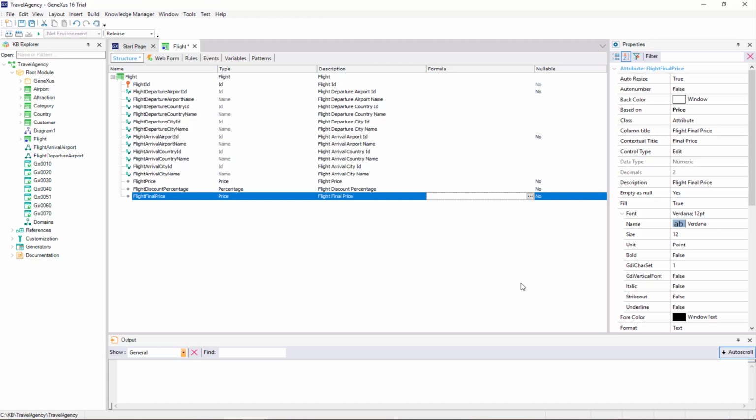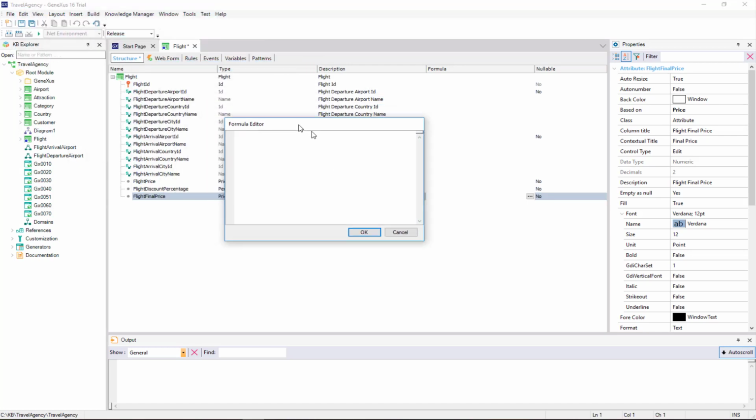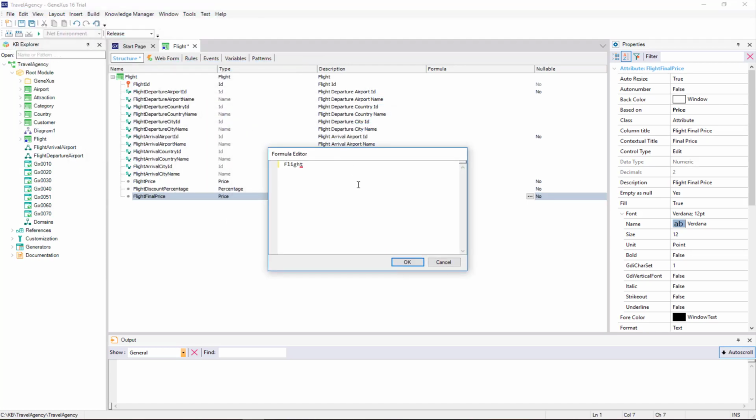That is to say, the price after subtracting the discount percentage stored in flight discount percentage from flight price. So, in this formula column, we will type the corresponding calculation. Note that in this window, we only have to type the calculation and not the assignment.